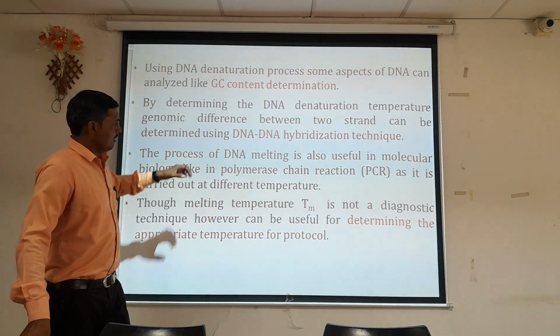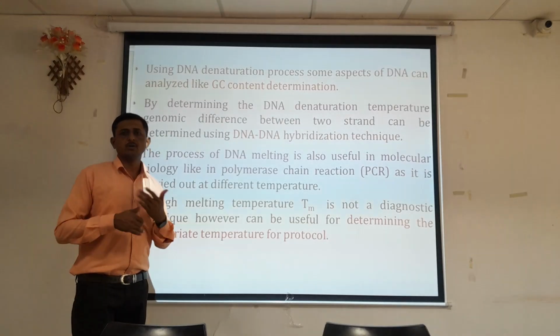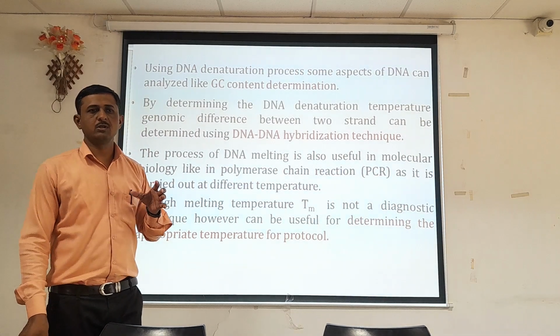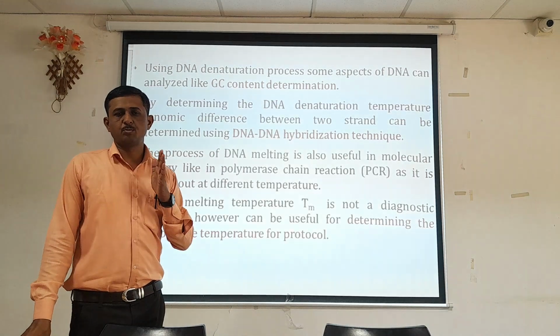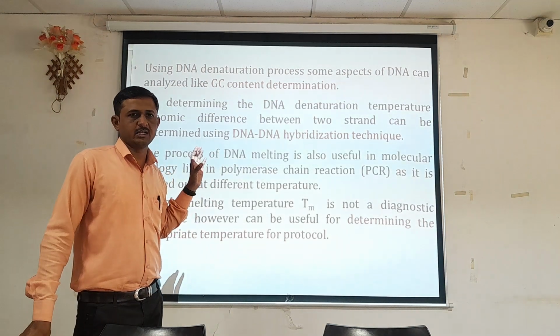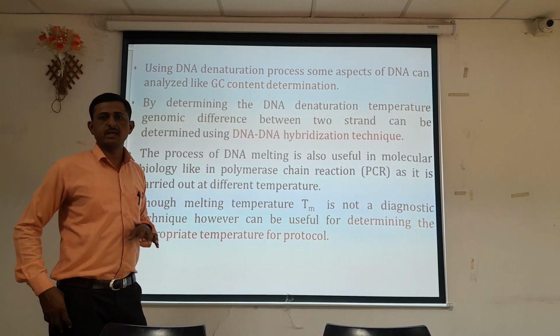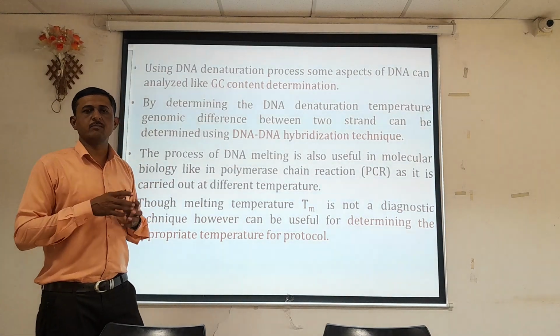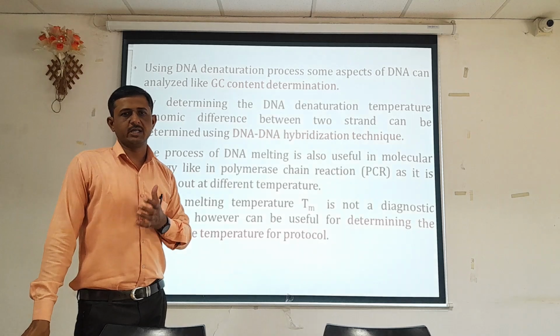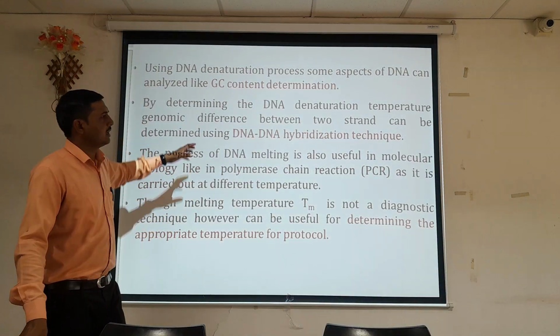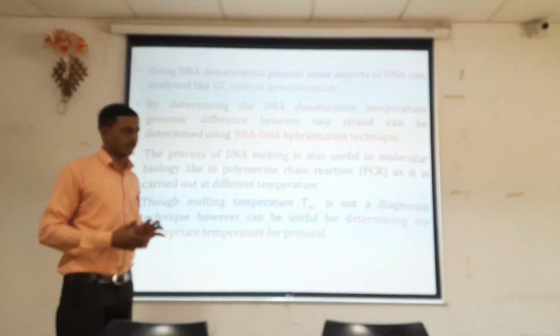So, for a particular breakdown of particular DNA, as we already know about the proper GC content or proper melting temperature of a particular DNA strand, we can easily carry out the DNA hybridization technique. Here it is nothing but a modification or manipulation of the DNA strand. So in this technique, this melting temperature can be taken.